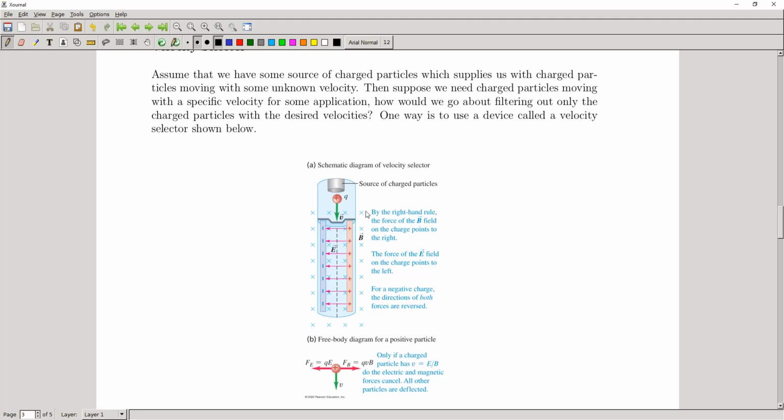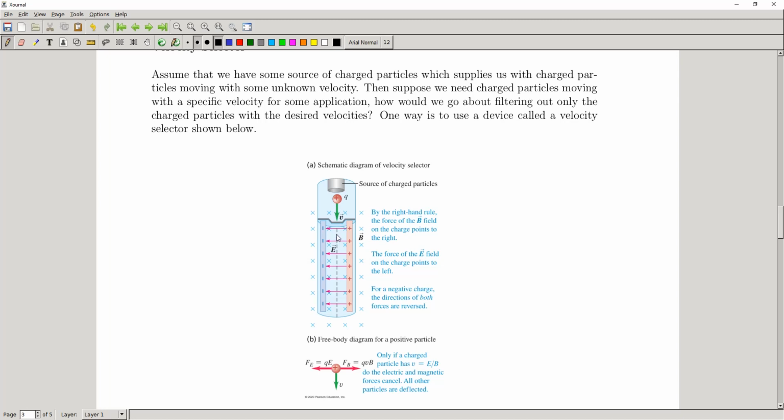But there's also a magnetic field going sort of into the page. Obviously it wouldn't be into the page if it was actually a physical detector, it would be perpendicular to the plane of the page. And so because we have this magnetic field pointing in that direction and our velocity pointing in this downward direction,